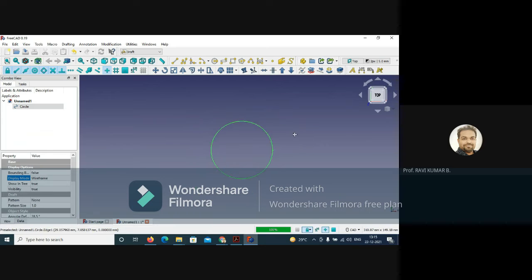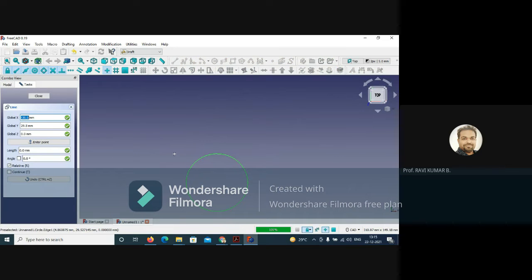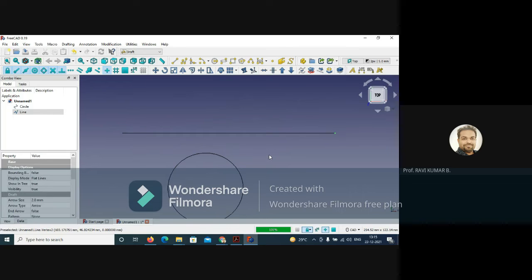Now we have to draw the reference line, that is called the intersection line of the horizontal plane and the vertical plane. Take the line command and give some distance. This is an approximate distance, so you can put it anywhere. I'm just keeping it here. We have to draw the horizontal line, so I'm just drawing up to here. Okay, I will keep it up to here. So this is basically your x, y. Either you can give the annotation now or you can do it later. We will do it later.